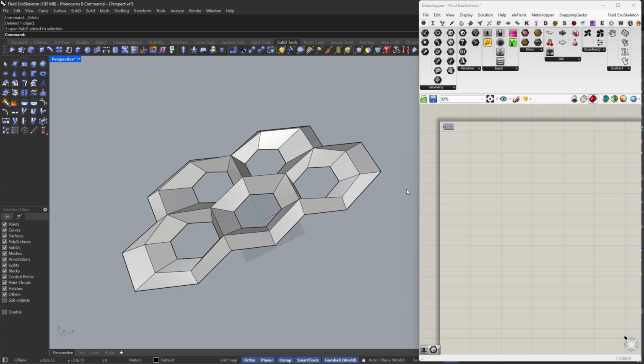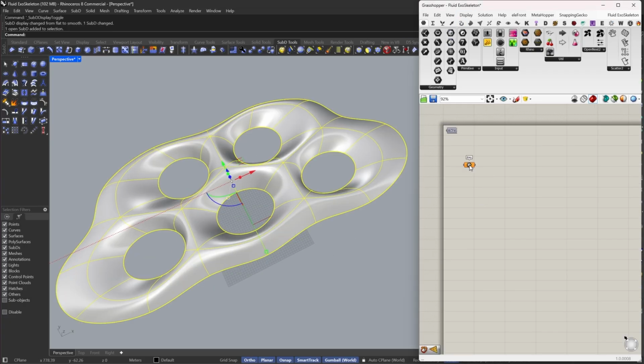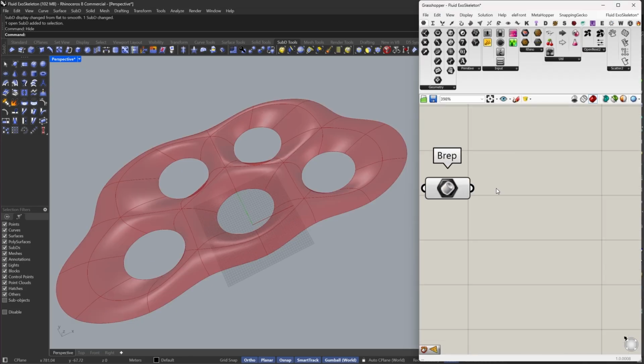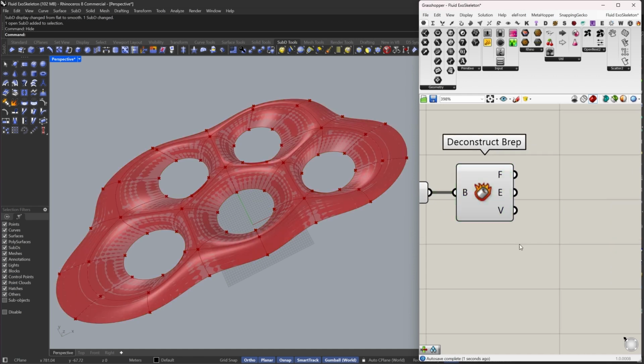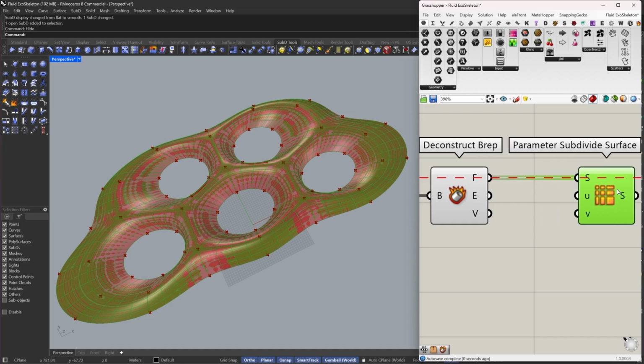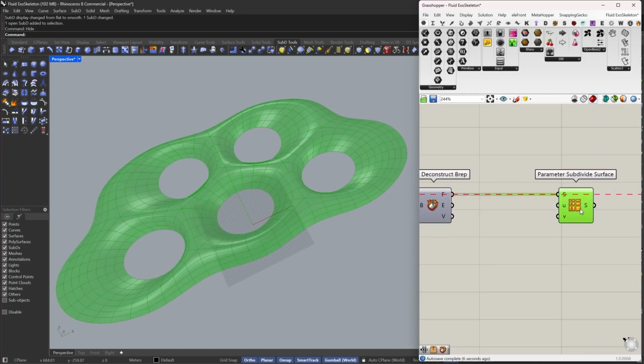So the first thing I want to do is to organize everything. So usually when you have this, let me show you, set one Brep, and let's hide this somewhere. The first thing is usually when you want to get the orientation of this, let's try to subdivide. So first of all, I'm going to deconstruct Brep. When I want to subdivide this, let's say parametric subdivide, and right now it's subdividing both equally in the X and Y. So if I go to the range